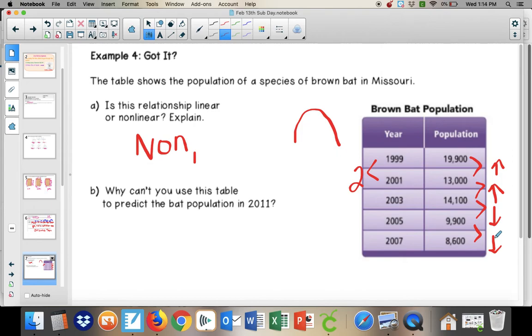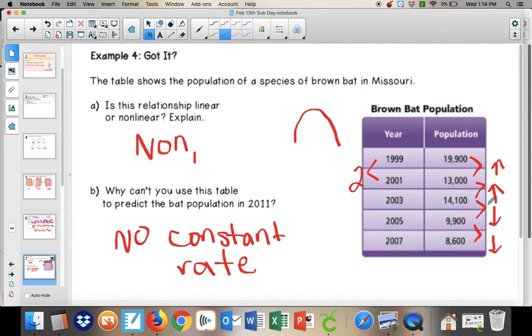And using this table, why can't we predict the bat population? There's no constant rate. If it was a constant rate, we'd be able to predict it. But the fact that it goes up and then down, for all we know, in 2009 it could increase, and in